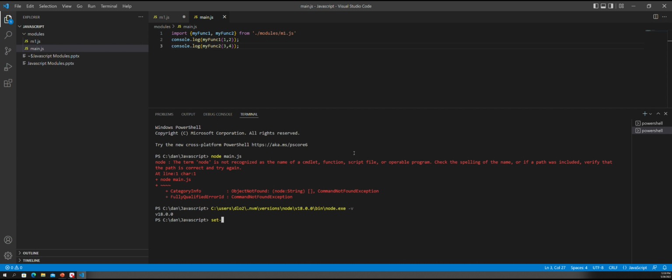So I need to set it. There's a couple of ways to do it. I'm just going to set the alias, with the name equal to node and the value equal to this whole path. Then save it. After I save it, I should be able to run node. Yep. Now if I run node main.js,